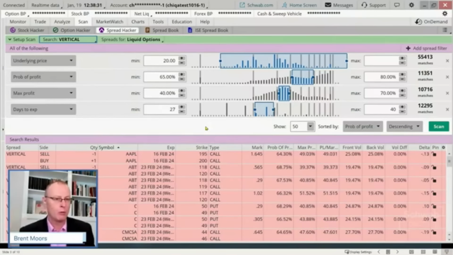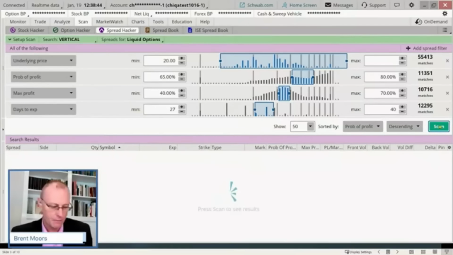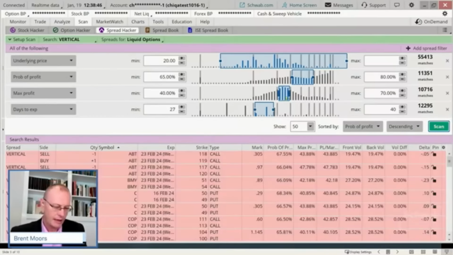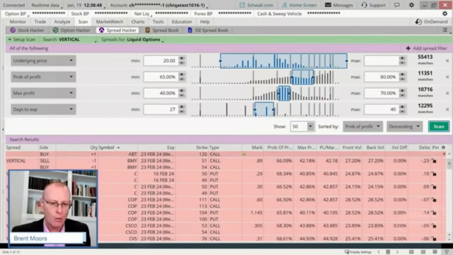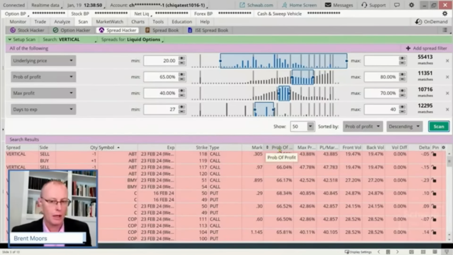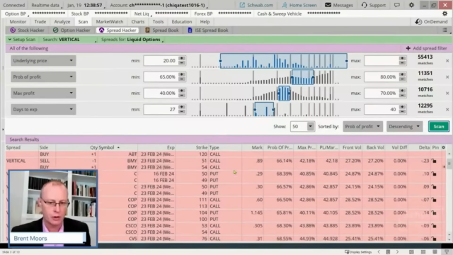You remember when we were talking about that past vertical spread, we talked about a month? That's kind of the range I wanted. Let me just scan that. Okay. We're going to scan that. And you can find, now, if I want something that's maybe, look, this would be a short call vertical. We just did a bearish short call vertical. So let's go to short put verticals.